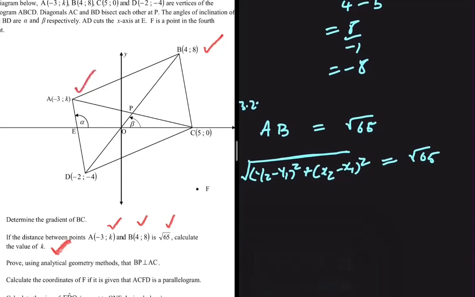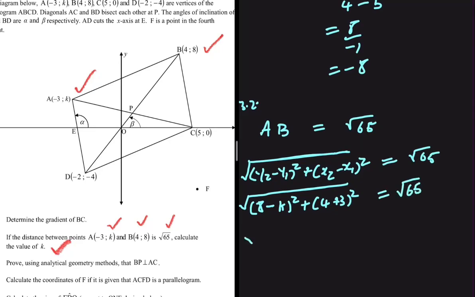Let's go ahead and do that. So if we take B as our second coordinate, y2 is going to be 8, and then y1 is going to be K. We square that plus x2, that is 4, minus x1, which is minus 3. So it will be 4 plus 3. We square that, and it is equal to square root of